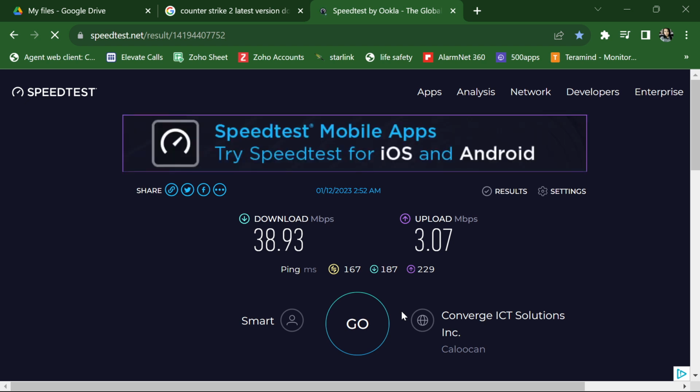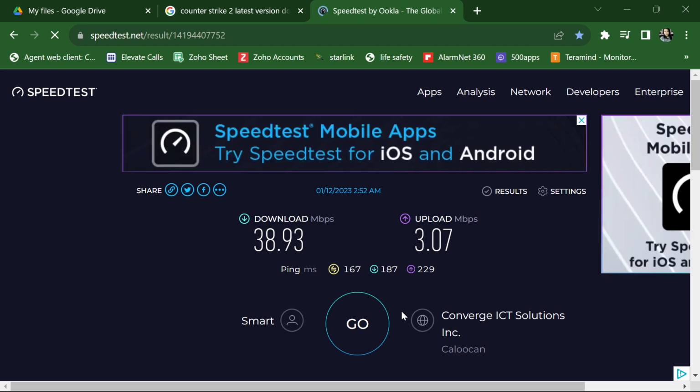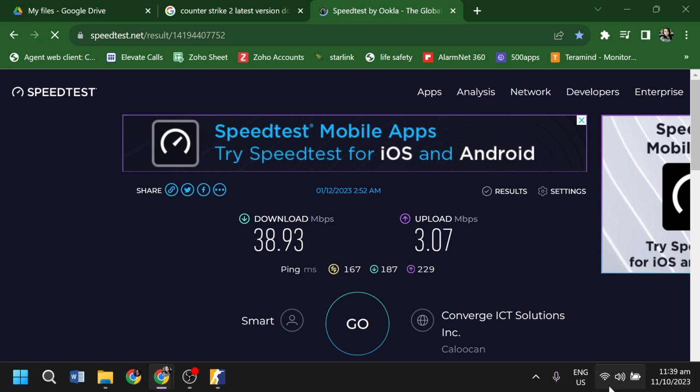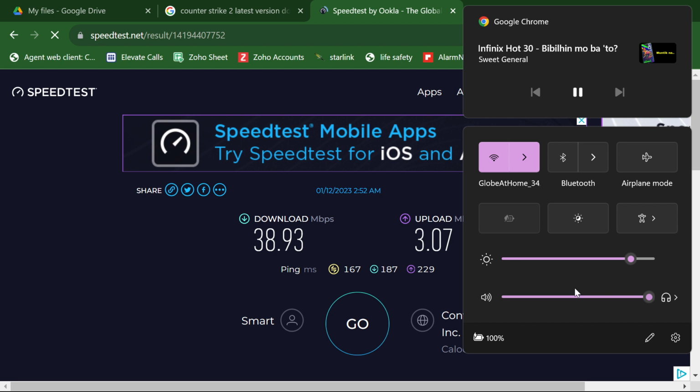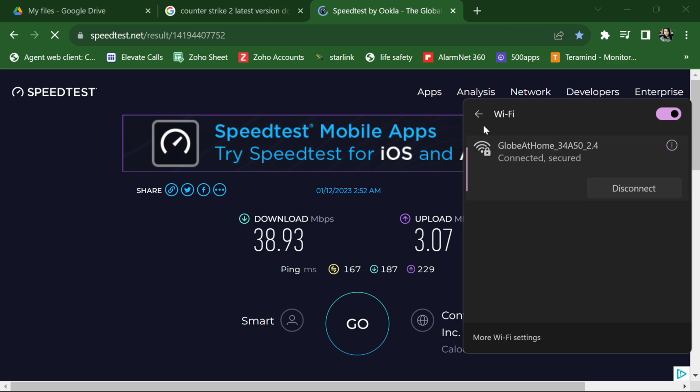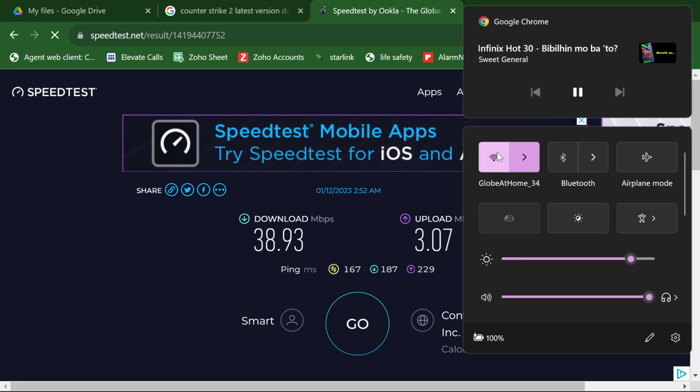The next method is to change your network connection from Wi-Fi to mobile data if you're using a smartphone. But if you're using a desktop like me or a computer, you can switch from Wi-Fi to WLAN data or WLAN connection if there's any, and then just vice versa. Then try it again. And the very last one is the method to turn off your firewall on your device